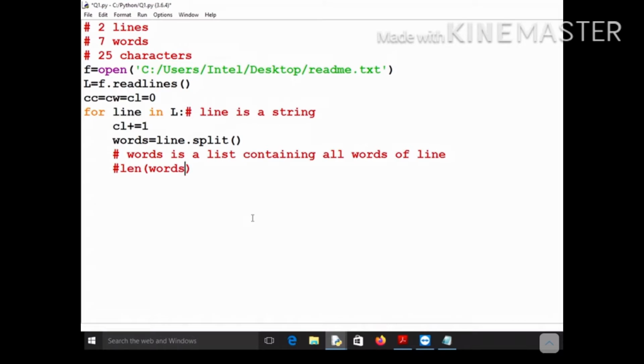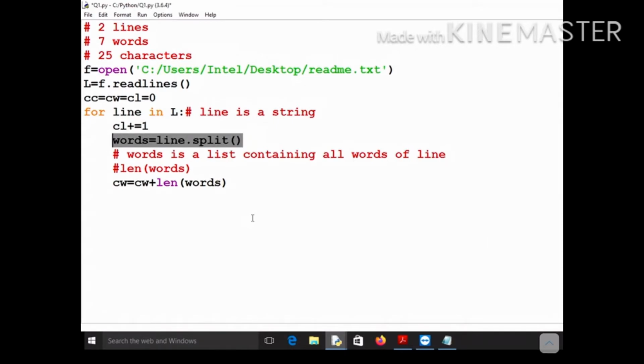So this len of words will be nothing but the number of words present in that particular line. Now since you have computed these words, you will increment the count of CW. CW will become CW plus len of words. I hope it is clear to you that you took a line, you split it into words.